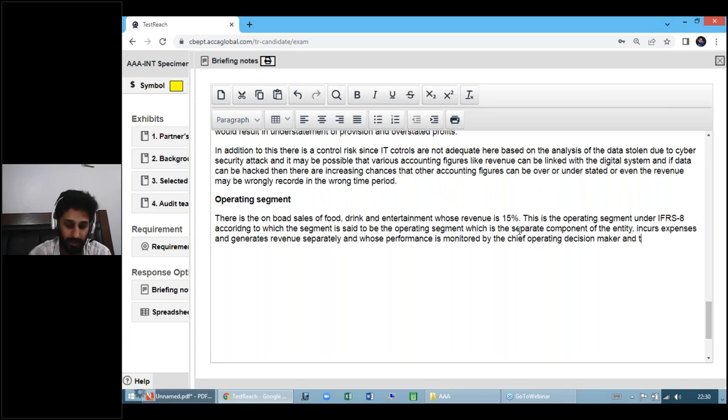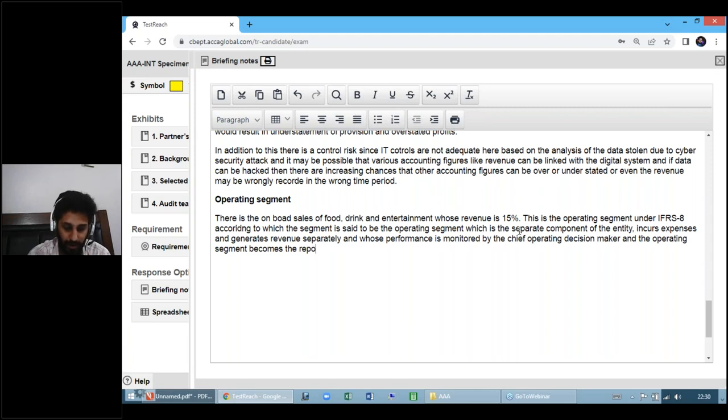And the operating segment becomes the reportable segment